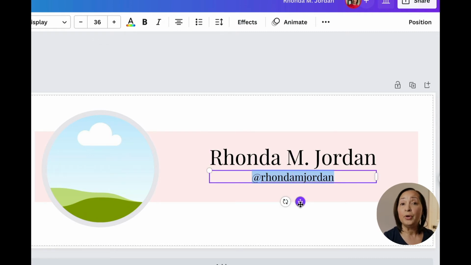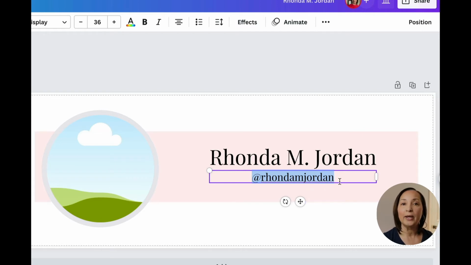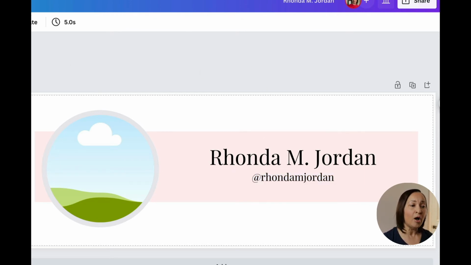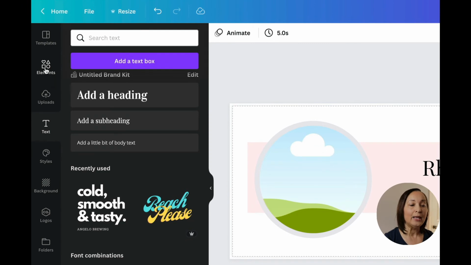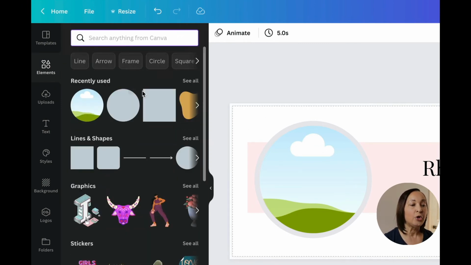Now, you can put in whatever information you want. You could put in, for example, what your title is. You could put your website in, but I'm going to actually do something a little bit different here. I also want to go back to Elements again, and I'll show you how you can put in your website in kind of a neat way.